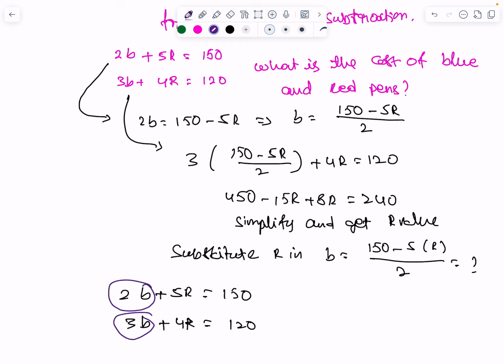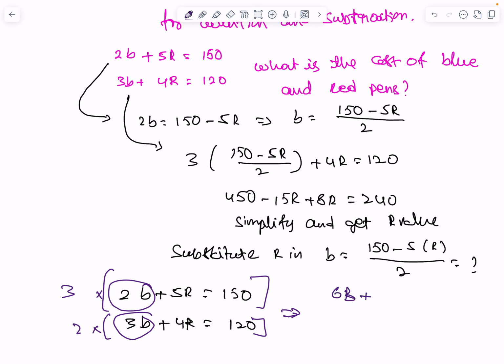To eliminate b, I am multiplying this entire equation with 3, and this entire equation with 2. This implies 6b plus 15r is equal to 450, and further this gives you 6b plus 8r is equal to 240, and